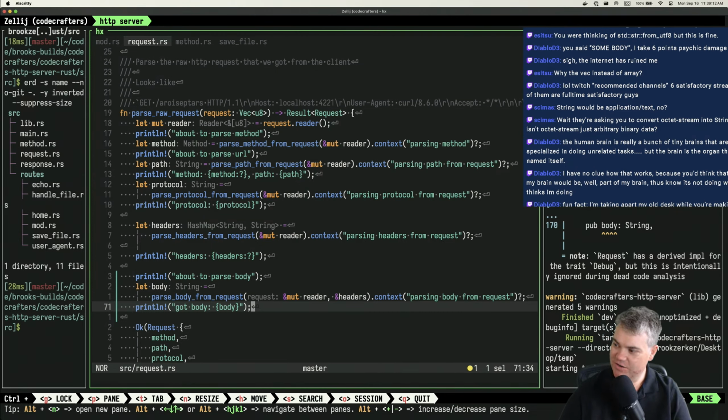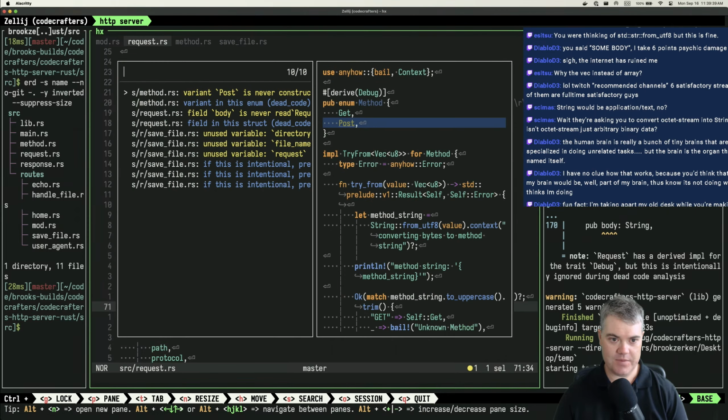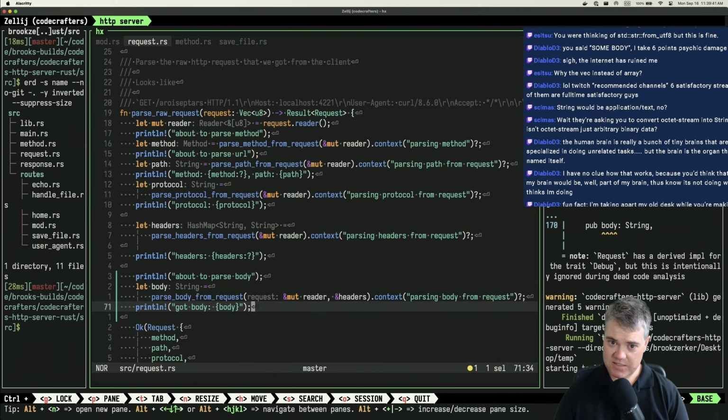You were thinking of std str from UTF. Oh, okay. Either way, it's going to be fine because I need to turn it into a string anyways, and a vec versus an array, I can totally see using an array would be more efficient, but there's a lot of inefficiency in this web server, and we're not worried about any of those. Okay, we have some warnings, but